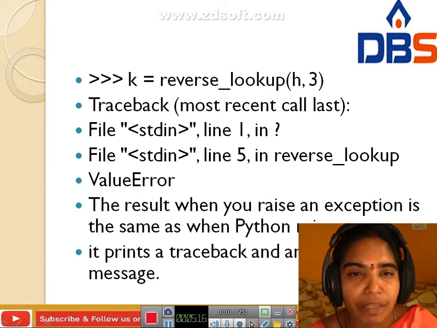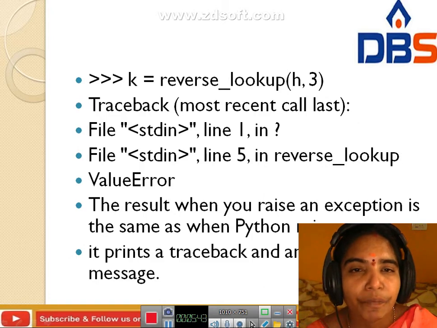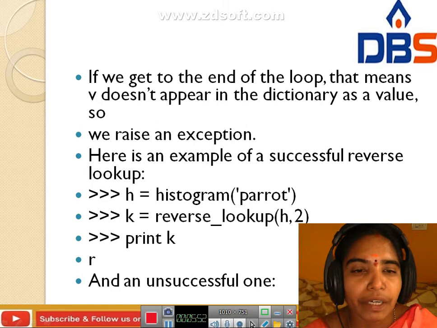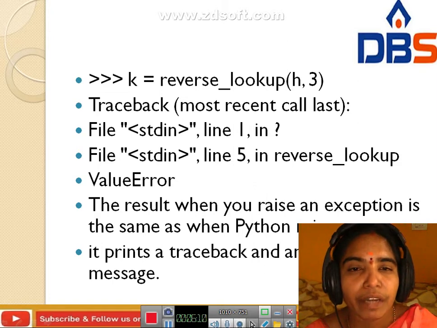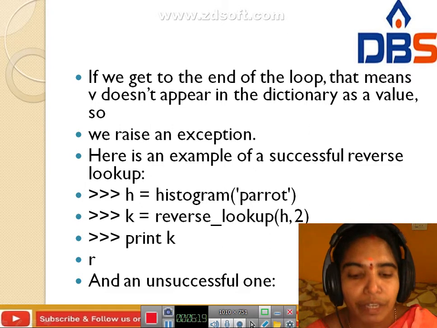In parrot, P-A-R-R-O-T, the R is at index 2, so with H comma 2 we get R. But with H comma 3 the value is not found, so it is unsuccessful and we get a ValueError.